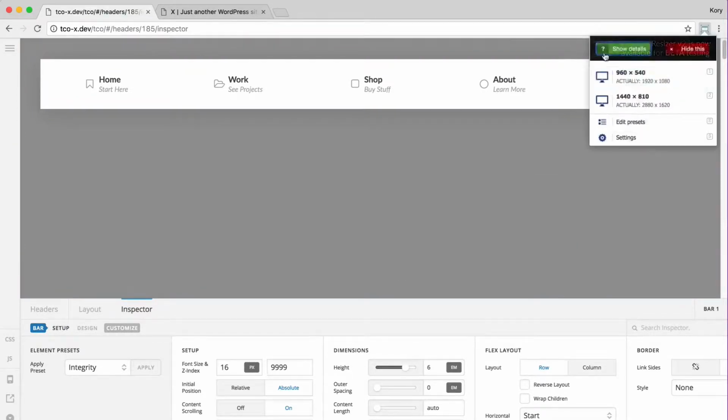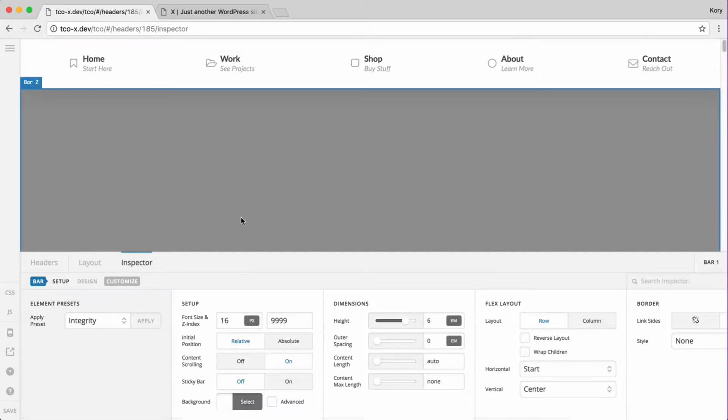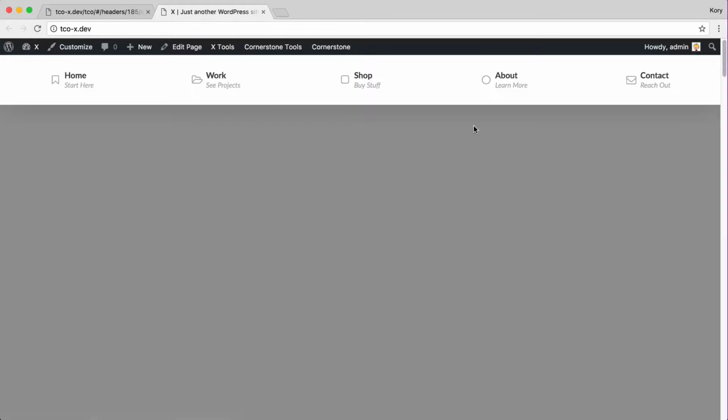Get my screen back to size here. If I make my bar relative again, there we go. Probably make a little more sense. But so yeah, imagine you have this bar as kind of either your main nav or secondary nav below your